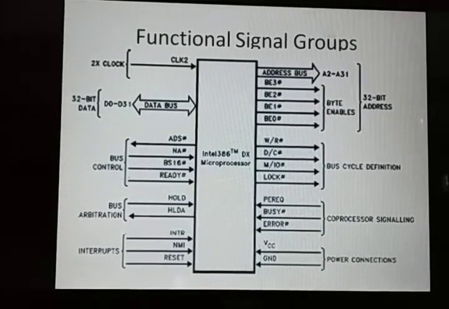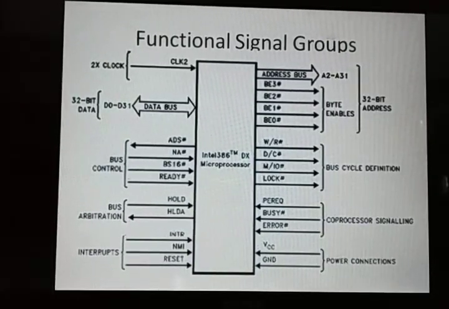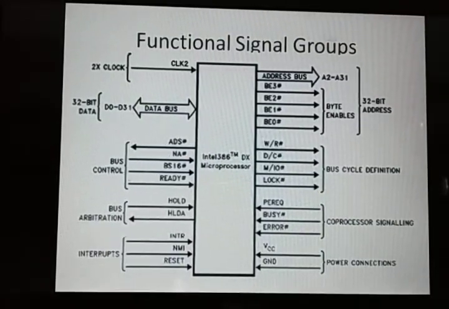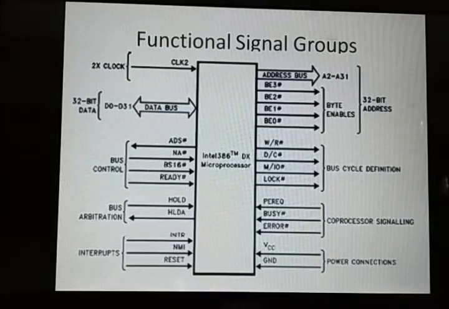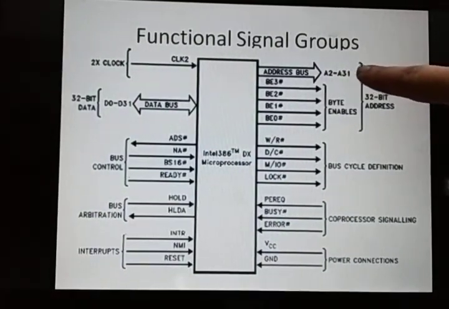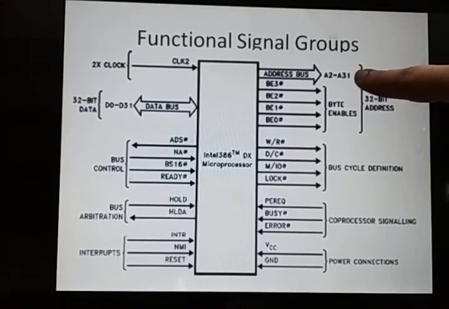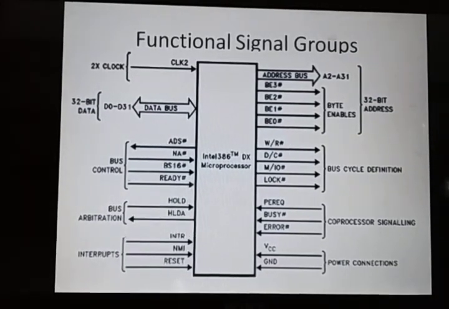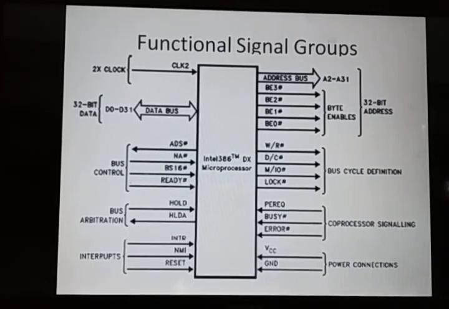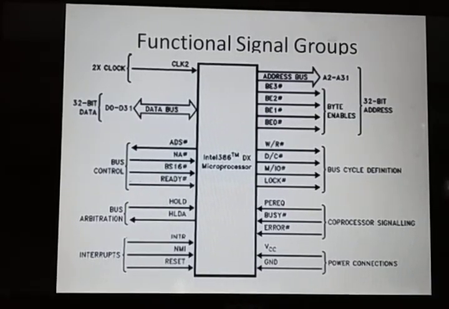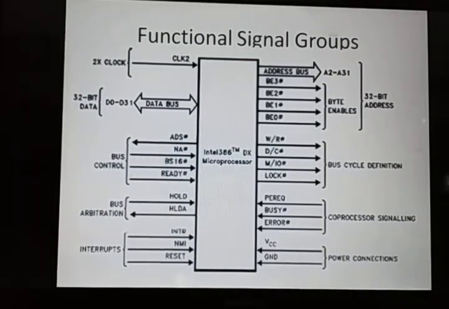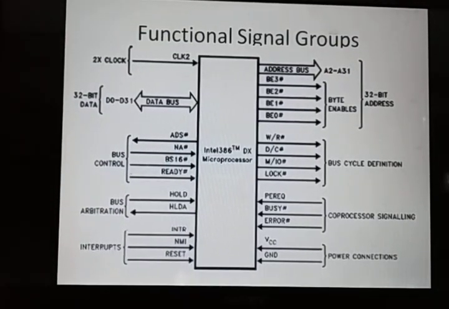Then the address bus: you can see in this pin diagram, address bus A2 to A31. So A2 to A31, you can see it here. This is the address bus. The A2 to A31 address bus addresses any of the 4 GB memory locations in the 80386 memory system. Then A0 and A1